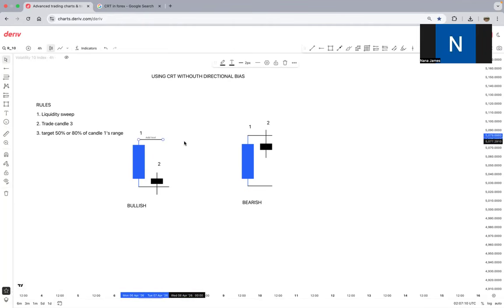Now, in terms of entry, you are not going to use the 4 hour. You are going to use either the 15 minutes or the 5 minutes. So your 15 minutes or your time frame needs to be